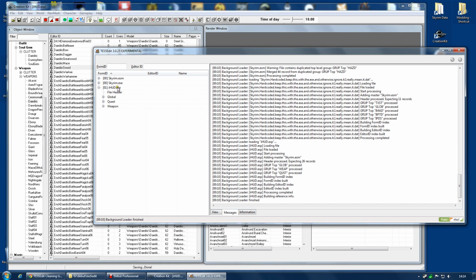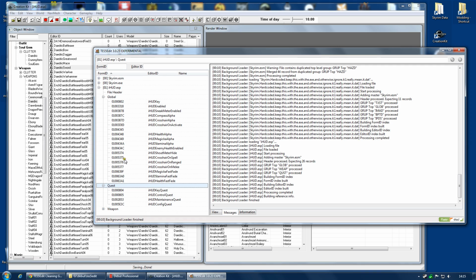Okay, so let's have a look at iHUD. As you can see, not a huge mod. We've got global variables and we've got quests. In fact, the vast majority of iHUD comes in the form of scripts, and those scripts come as resources outside of the ESP, but they are tied into the game via the quest. And the quests use these global variables to pass